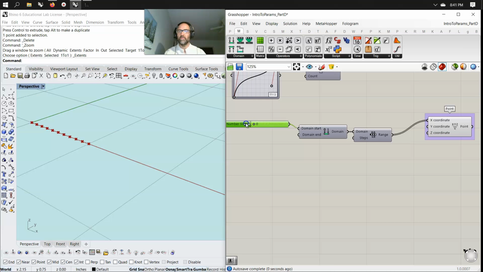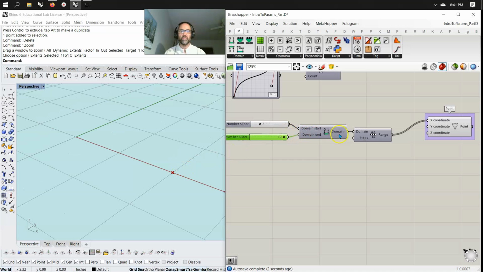And you can see that I have the ability to slide that back and forth to change its start point and its stop point. So it's a wonderful way to grab hold of a line. For the end, I'm just going to do a copy and paste and set my end way up to 10 and pull that into the stop of the domain. And there we go. We've got a range that's going from 2 to 10,